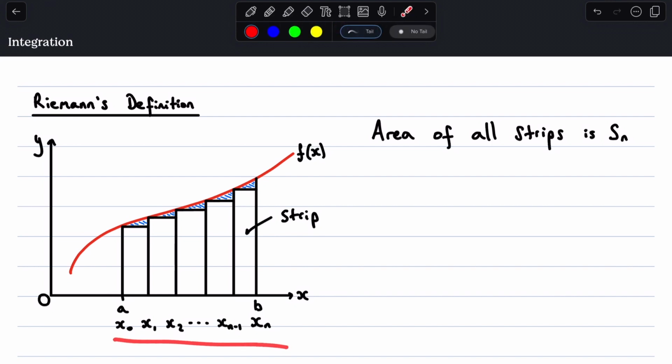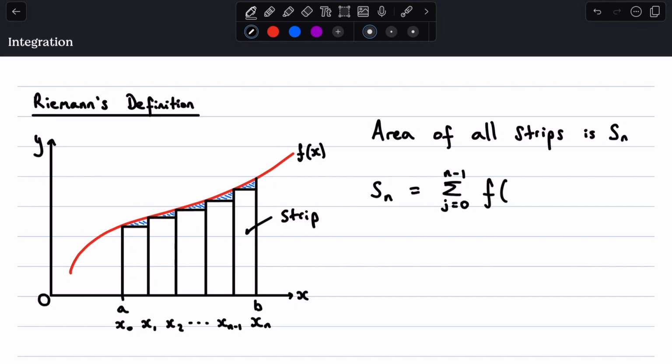So all of these strips have a value at each end of x0 and x1, or whatever number we're at at that point. And so we can say the total area of all the strips summed together, Sn, is equal to the sum from j equals 0 up to n minus 1 of f of xj